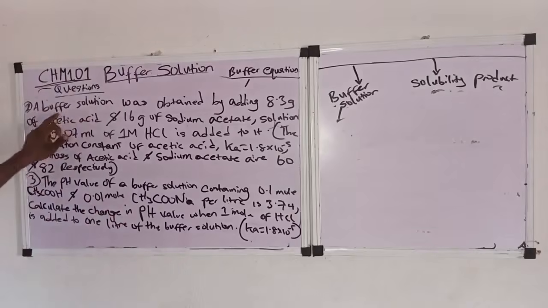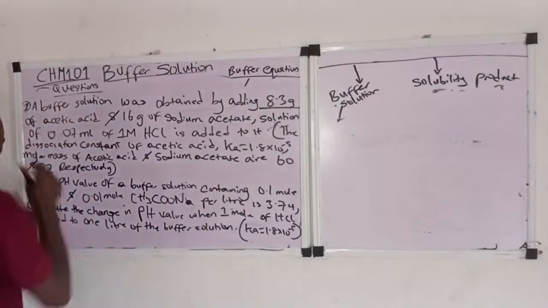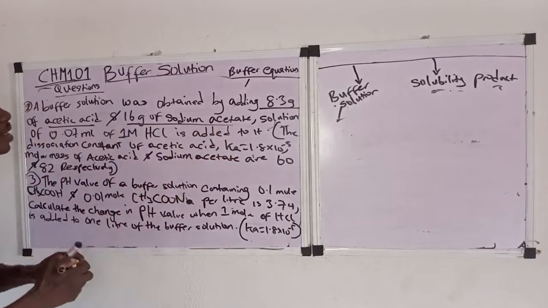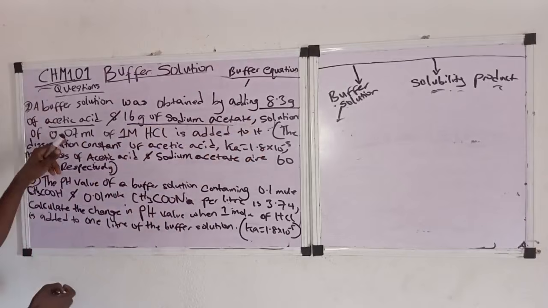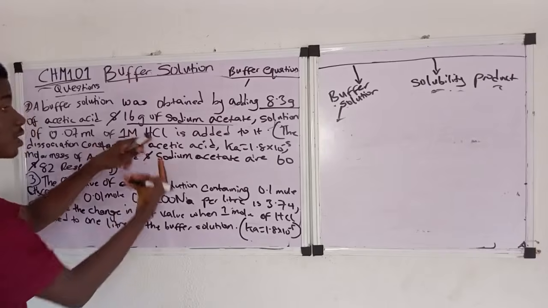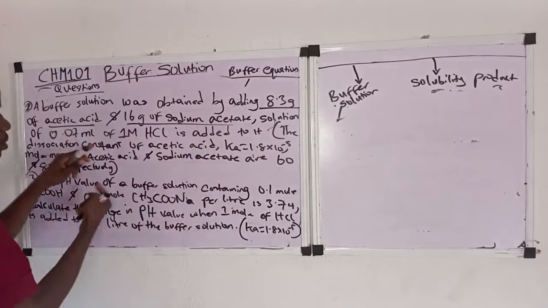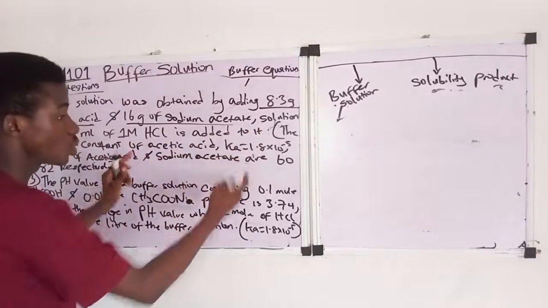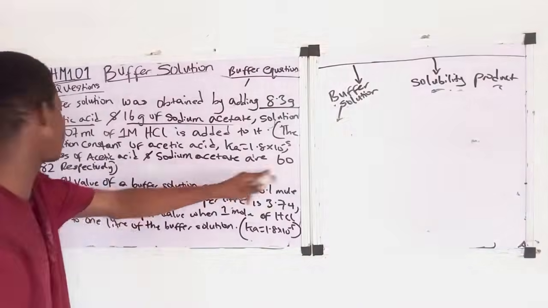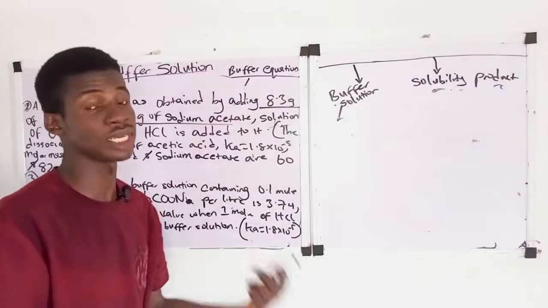For question 2, they said a buffer solution was obtained by adding 8.3 gram of acetic acid and 16 gram of sodium acetate. A solution of 0.07 mole of 1 molar hydrochloric acid is added to it. The dissociation constant of acetic acid, Ka, is 1.8 times 10 to the minus 5. Molar masses of acetic acid and sodium acetate are 60 and 82 respectively. So what are they telling us to look for? We are looking for the pH of